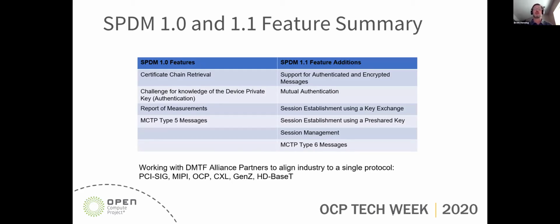DMTF's focus has been on enabling all the things that Yigal was discussing at the protocol level. So putting together a protocol and a set of messages that can be exchanged between the endpoints that Yigal was speaking about.